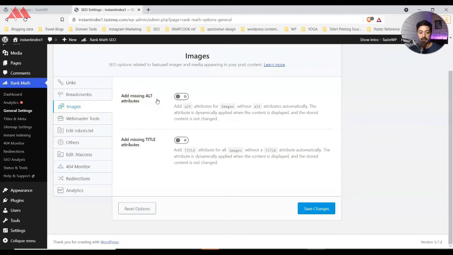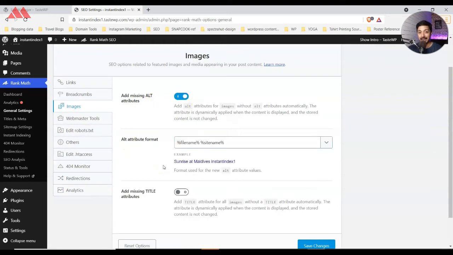And the first one is to add missing alt attribute, which means that for all the images in our WordPress media library where we do not have image alt text or alternate text assigned to them, with this Rank Math SEO plugin option, we can assign a general alt attribute tag to all the images in our media library.